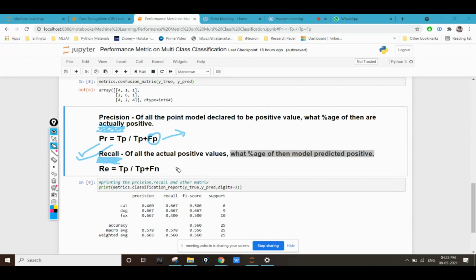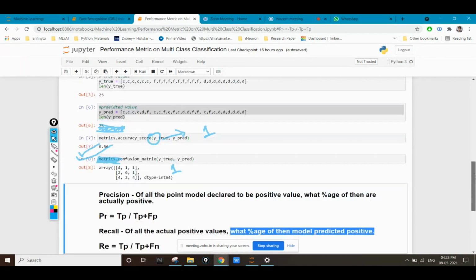Our recall should have a maximum value of 1. That means out of the total positive values, we should be able to detect all the positive values. There should be no false negatives. In the case of COVID, we don't want any false negatives. Similarly, there are some conditions in which we don't want any false positives. So this is how we get the classification matrix or classification report.